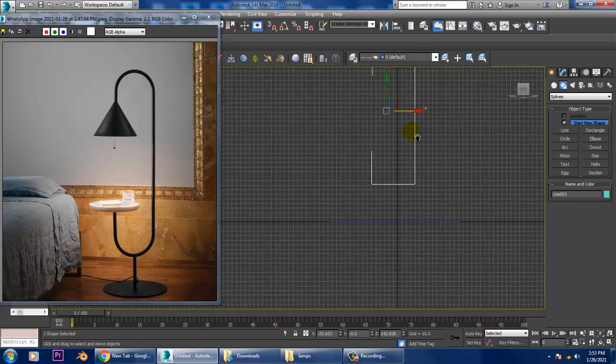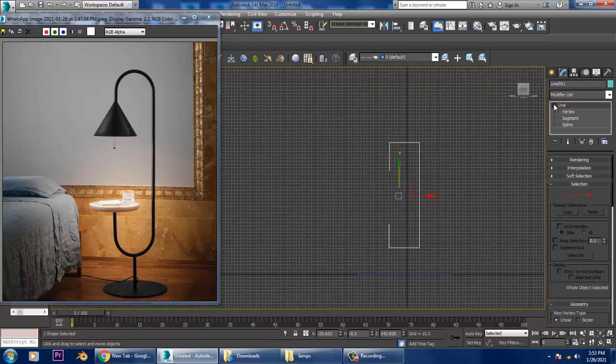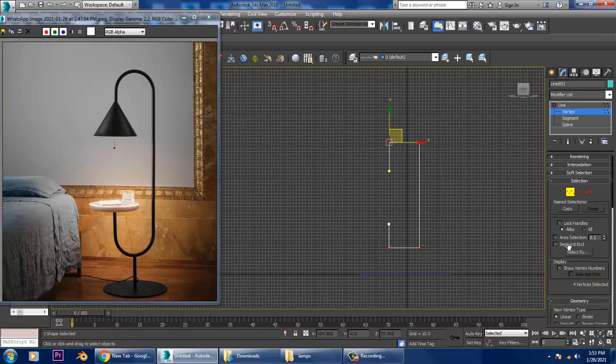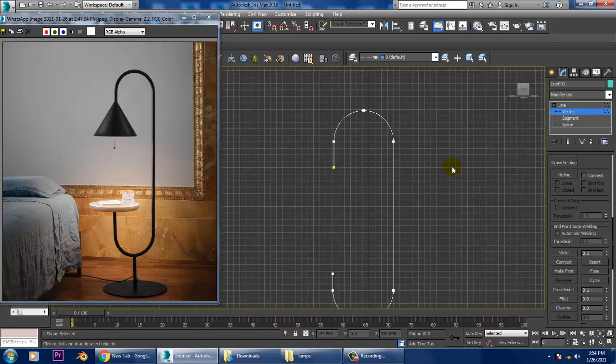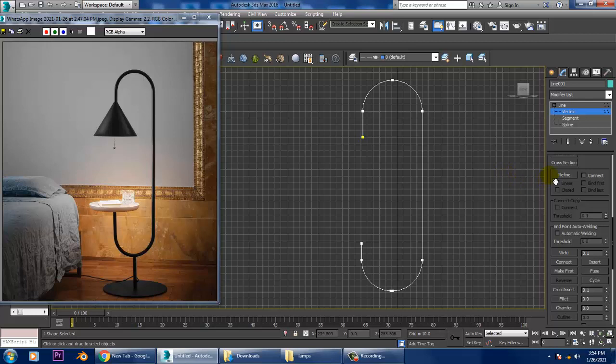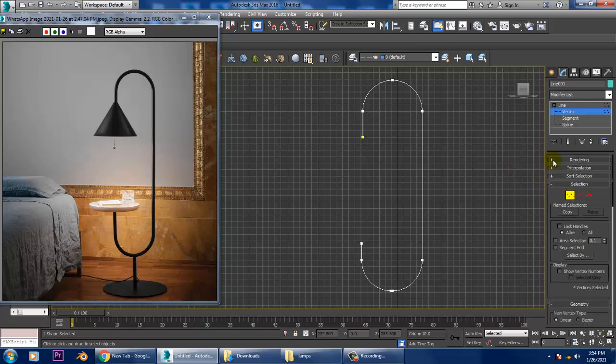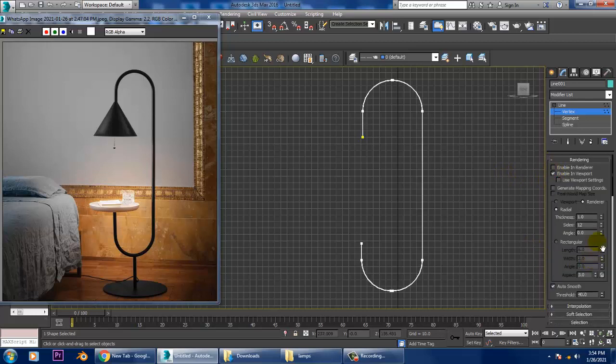Slightly push it up. Let's go into the vertices and give a fillet to it. So you can easily give a fillet over here. Let's go down to rendering, enable in viewport and increase its thickness over here.